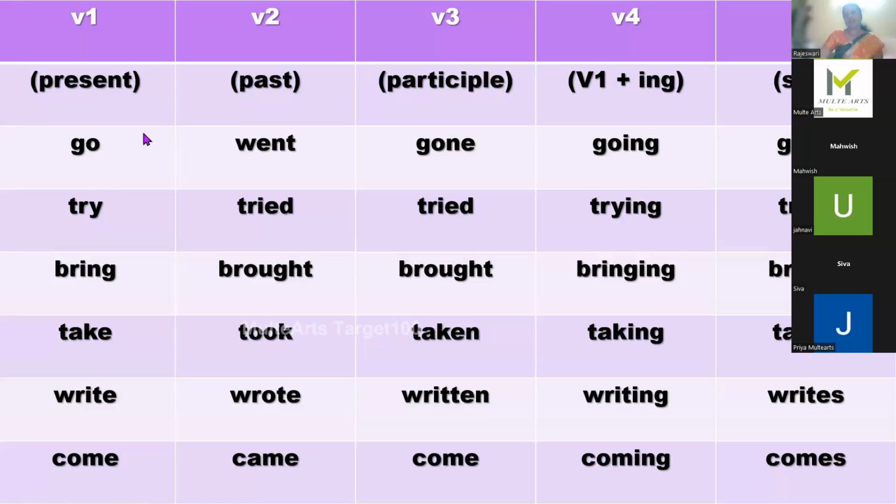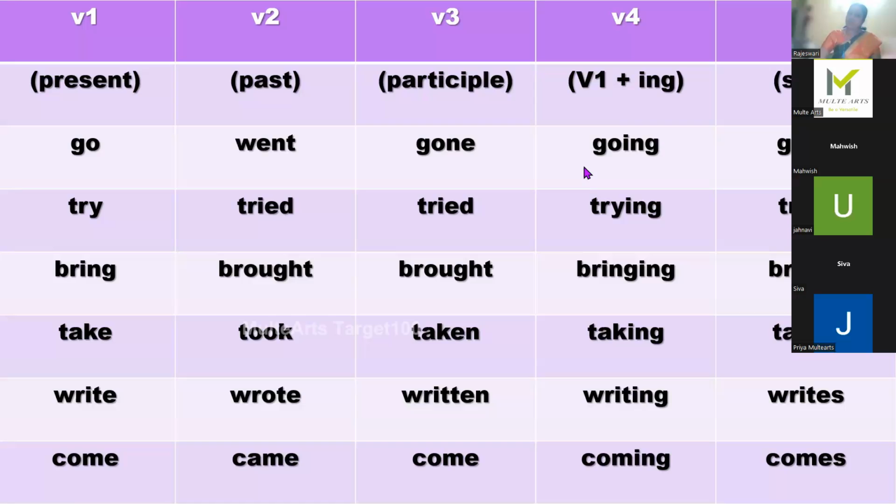The past tense of that is went. Then when you are going to say just-now completed actions, or just now have done, we use the V3 form, that is the past participle. A participle is nothing but an adjective. Now here I have to tell you what an adjective is. It describes a noun or a pronoun. A noun is a naming word. So an adjective, we use in such places, the V3.